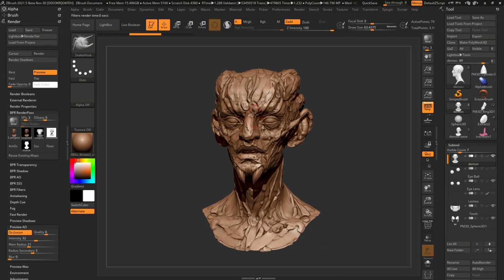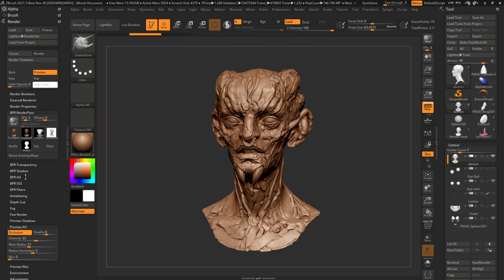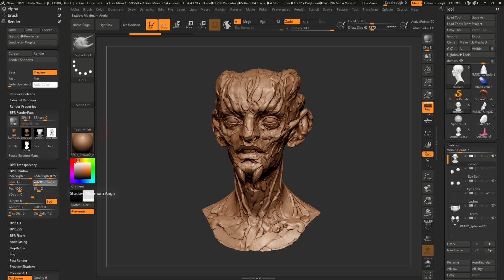So pretty decent. We have that nice ambient occlusion in the render, which is awesome. But I want to tweak a little bit of the lighting. So I'm going to take the light as well, push it up a bit. And also in the render palette, I'm going to go to the shadow, and I'm going to diffuse that shadow by increasing the angle to something like that. Maybe some more rays, so 48 rays, and let's do the same thing, 48 as an angle. This is kind of like increasing the spotlight that comes from the top and making it a bit more diffuse. So if I click on BPR,